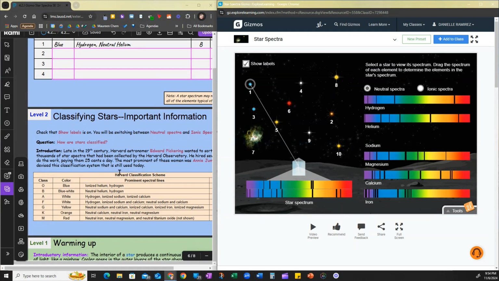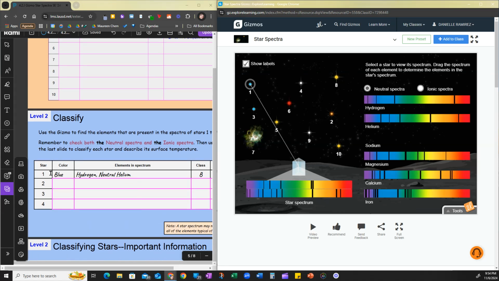Then on slide 2, there is a lot of information here. So this is your key. You'll have your class letter, your colors, and then your information. You're going to use this key to now answer questions 1 through 4 of the fill in the box for